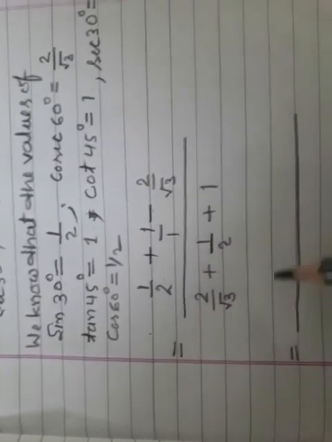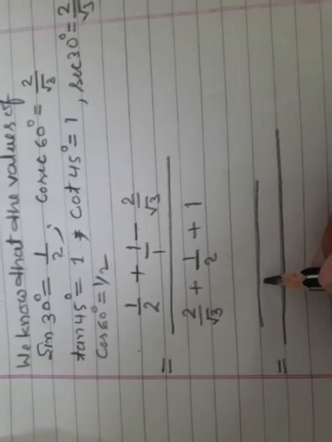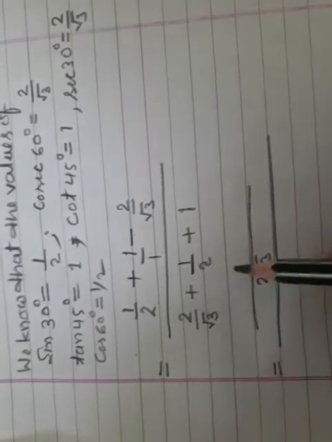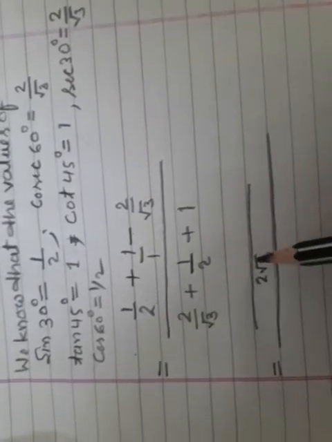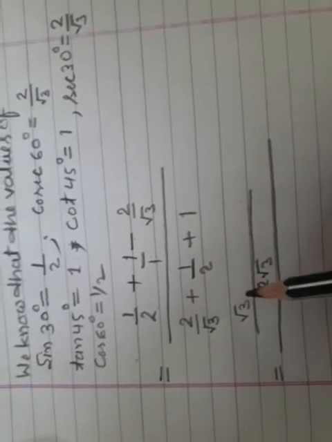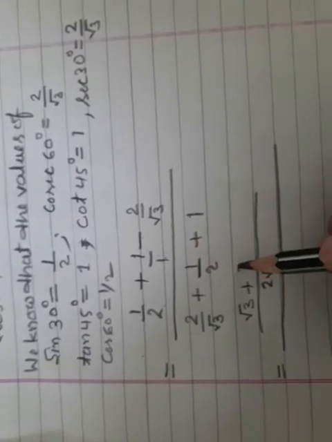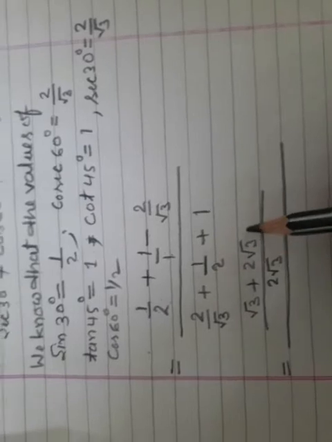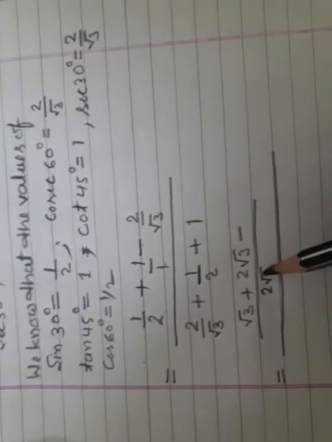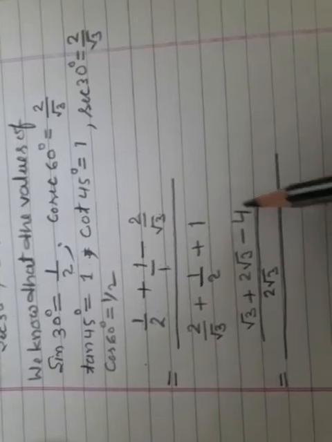Now everyone see here, the LCM of these two, we get here LCM 2 under root 3. LCM is 2 under root 3 divided by 2, we get under root 3 into 1, we get here under root 3. Clear? Plus, divided by 1, so we get 2 under root 3, minus, we divided by under root 3, so we get only remaining 2. 2 into 2, 4. This one is clear.